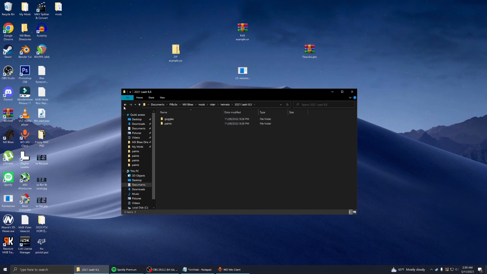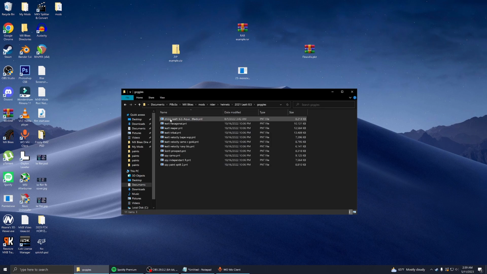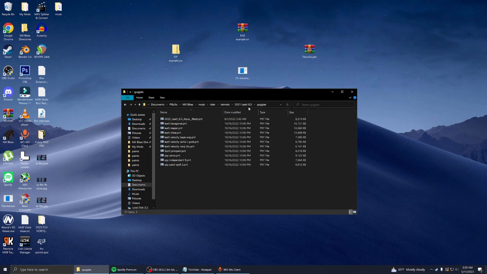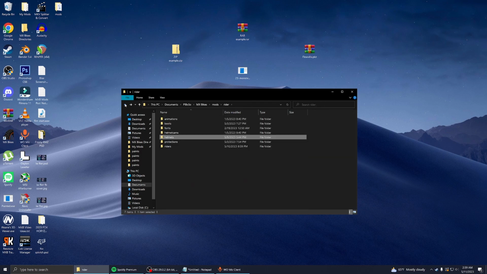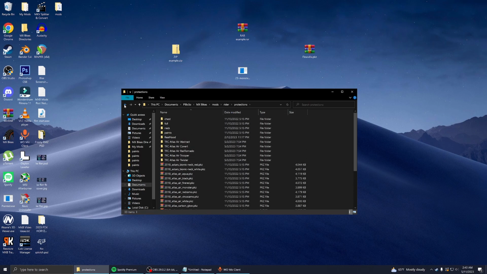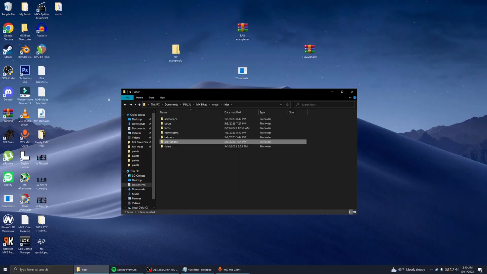And then paints. There will be another folder right here for goggles for the helmets, and those just go in here. There's no additional paints folder. It's just the paints for goggles for this particular helmet only go in here. And that applies with neck braces and whatnot. Same thing.